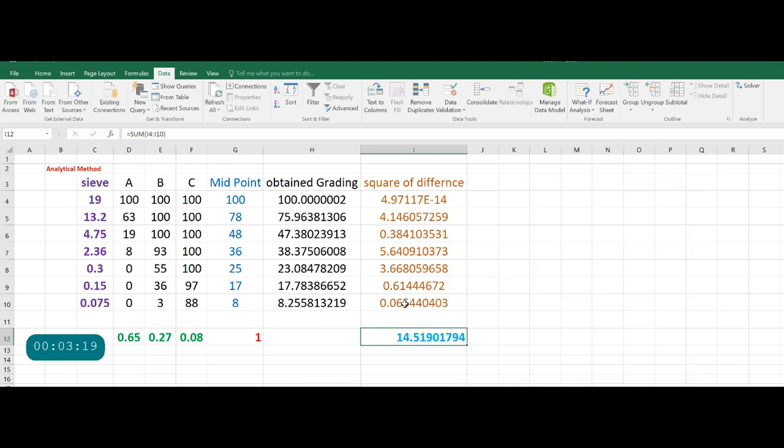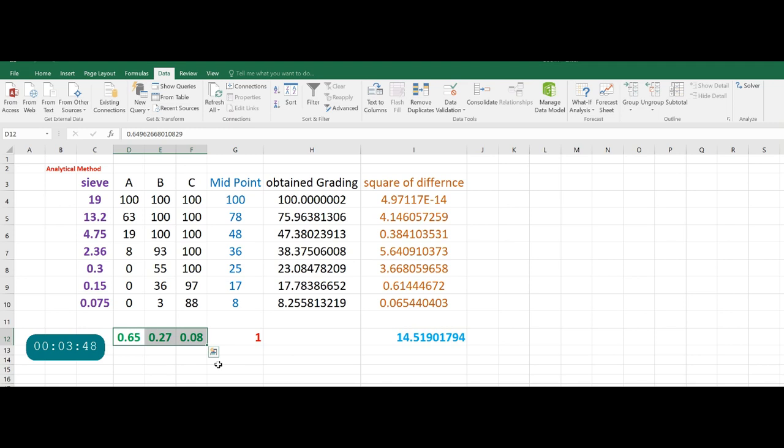You see the difference has now come down to 14.5, and the obtained grading is now very close to your midpoint grading: 76 against 78, 47.4 against 48, 38 against 36, and so on. The final proportion is 65% of A, 27% of B, and 8% of C.